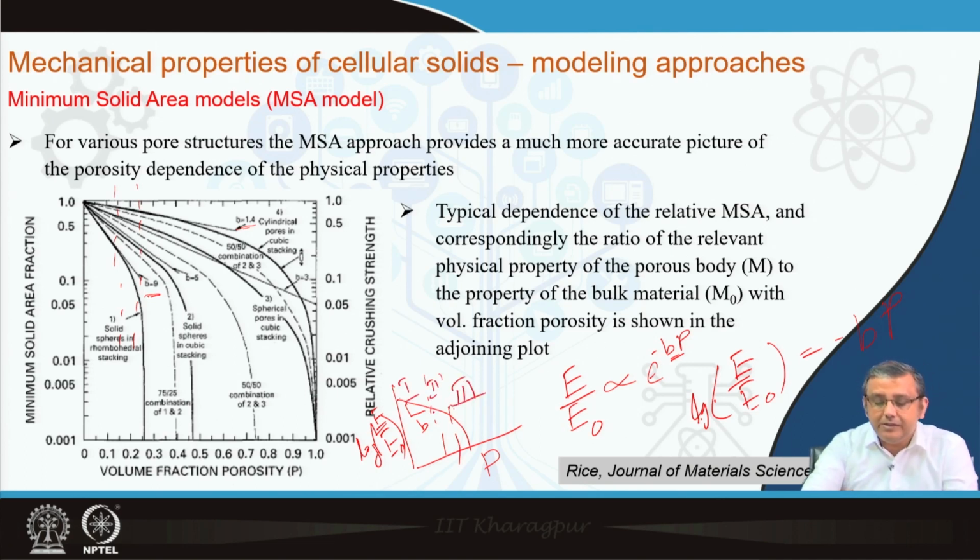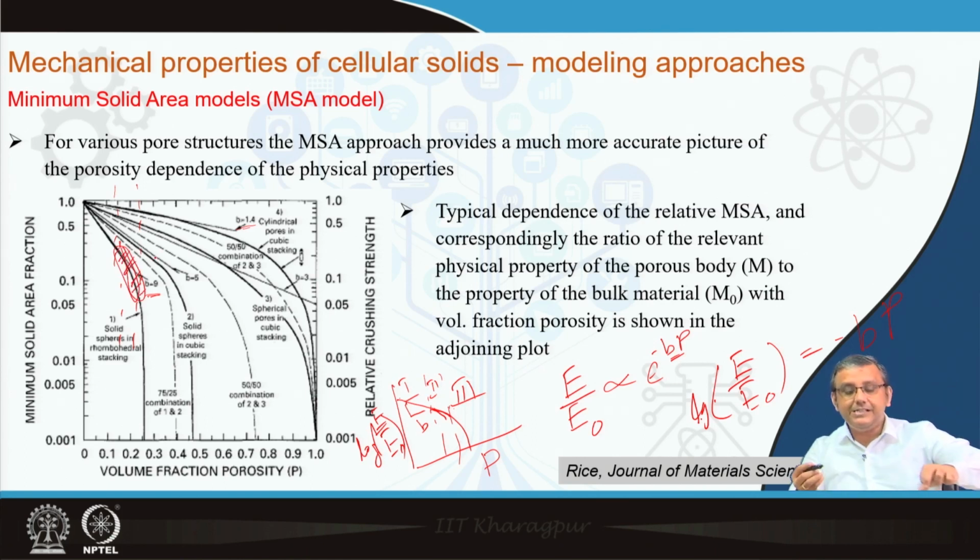In region 2, this is called a drop down region, where the plot deviates from linearity, but still the rate of drop is not that drastic. That means it is this particular region over here. So in this particular curve, the rate of drop of the property with increasing porosity actually increases, but still you obtain a finite value of